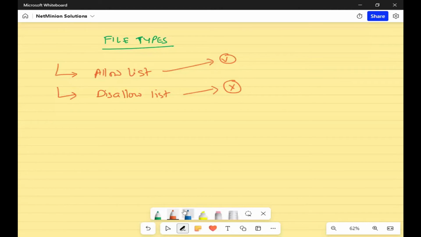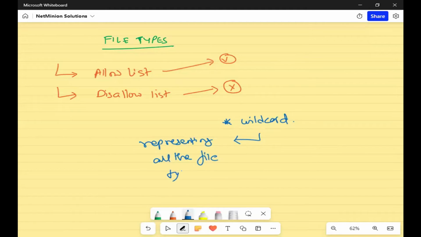And by default, there is a wildcard. This wildcard is representing all of the file types. And during the readiness period, which is by default 7 days, you can review and add the file types in the policy as needed, right? But, question,